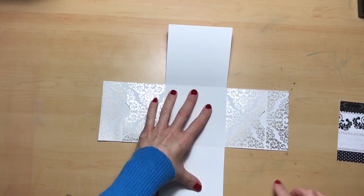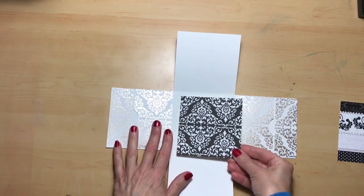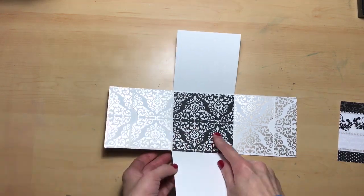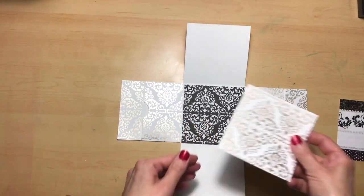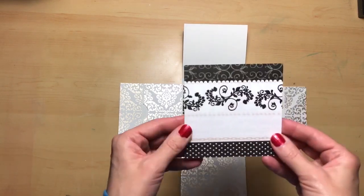For the 3 sides that currently don't have anything on it, I have went ahead and cut out some of the decorative paper to go in here. I'm using the black and white paper that matches the gold and white for the center. And I'm going to go ahead and use the gold and white on this side, as well as